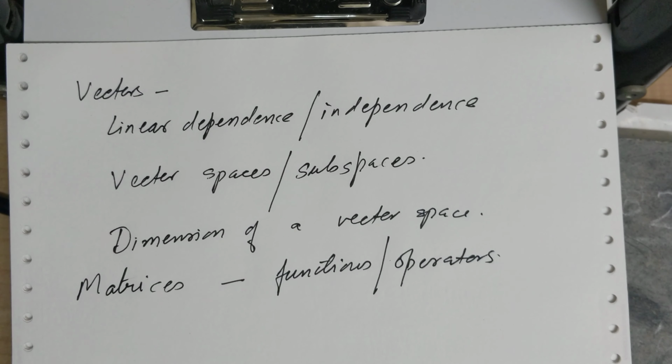So till before this we tried to understand a matrix as an array, but now it has another role to play, and a very, very important role to play, as a function or as an operator. And we will see how matrices are important in solving system of